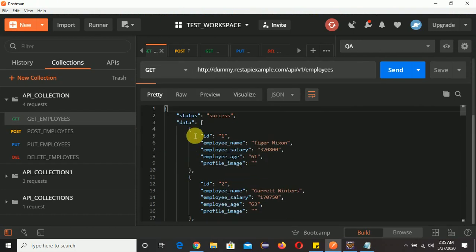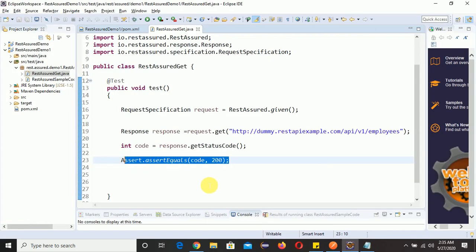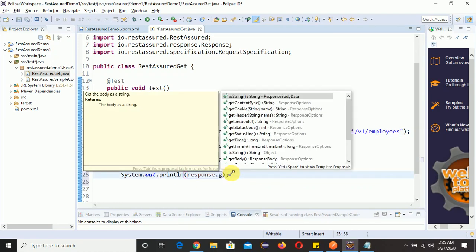Now we need to check this one also. So what I will do, you got a response by using Postman here, right? So I will just print it by using this Rest Assured response. So let's say System.out.println. Inside this we need to write response dot getBody.